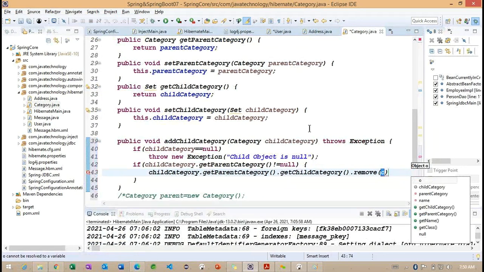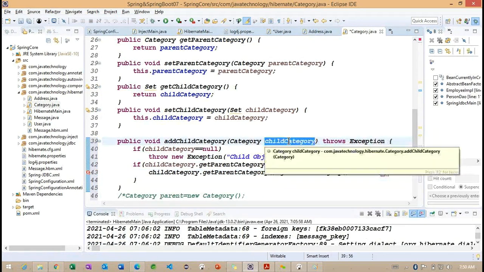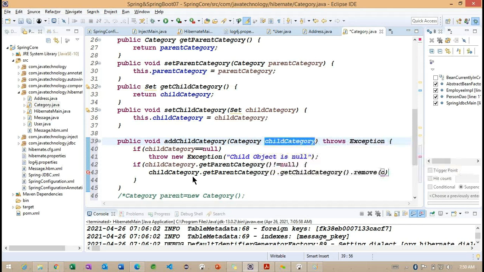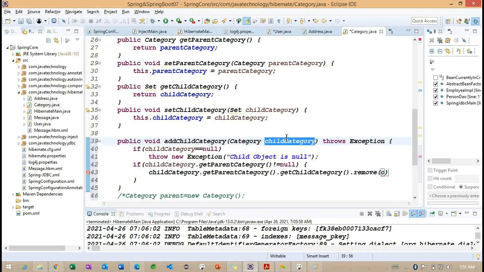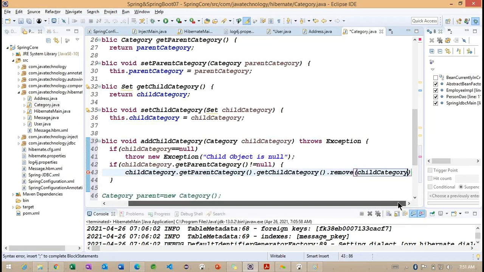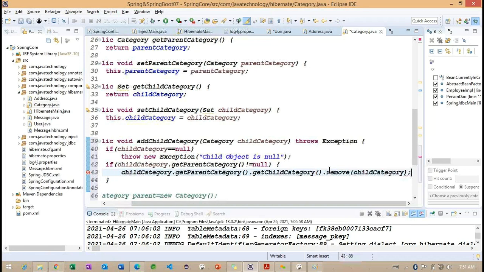Observe carefully. This section is important. We are specifying this particular child category information, and if the child category contains any parent category object information, from the parent category we load the child category object, and inside this child category we remove this particular child category object, because we don't want to add the same object one more time.